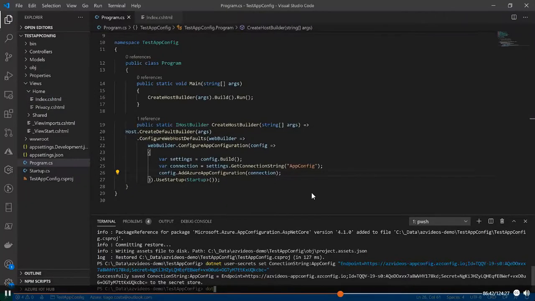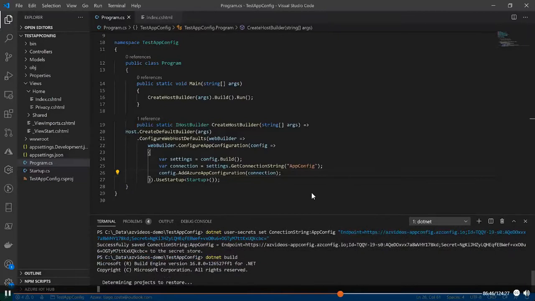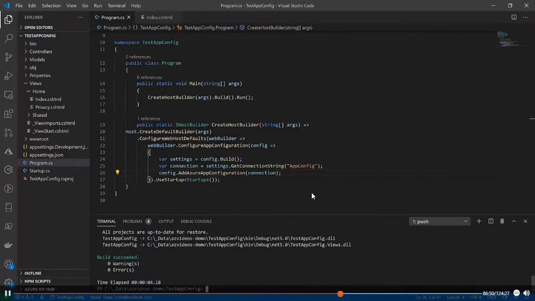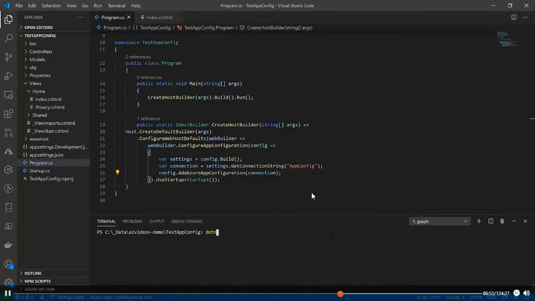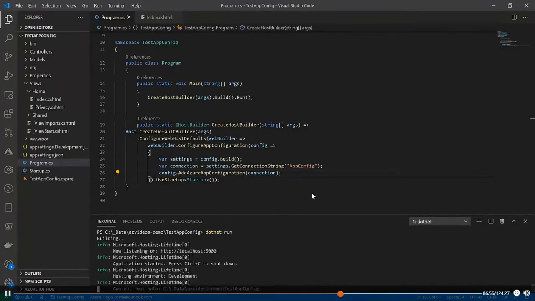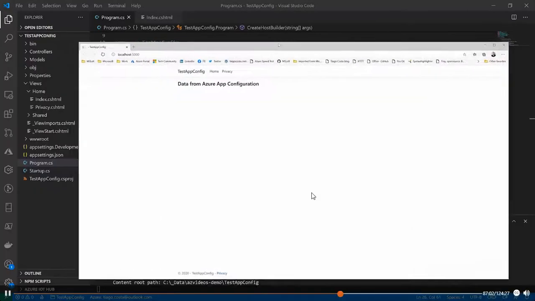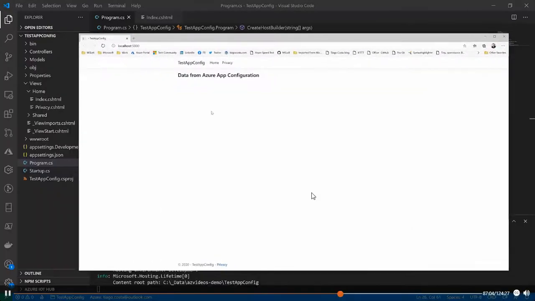I'm just going to type dotnet build. This will build our project, and then dotnet run, and yeah, there you go. So it is running, and if we open here the application, so you can see,